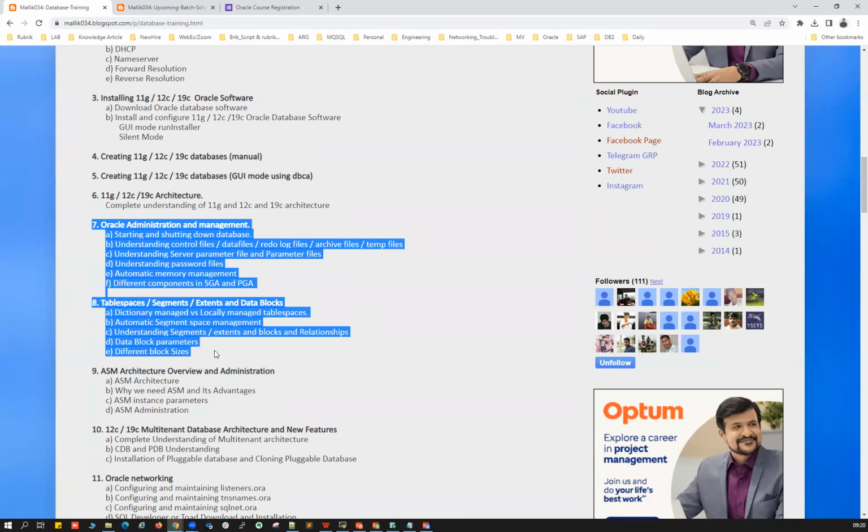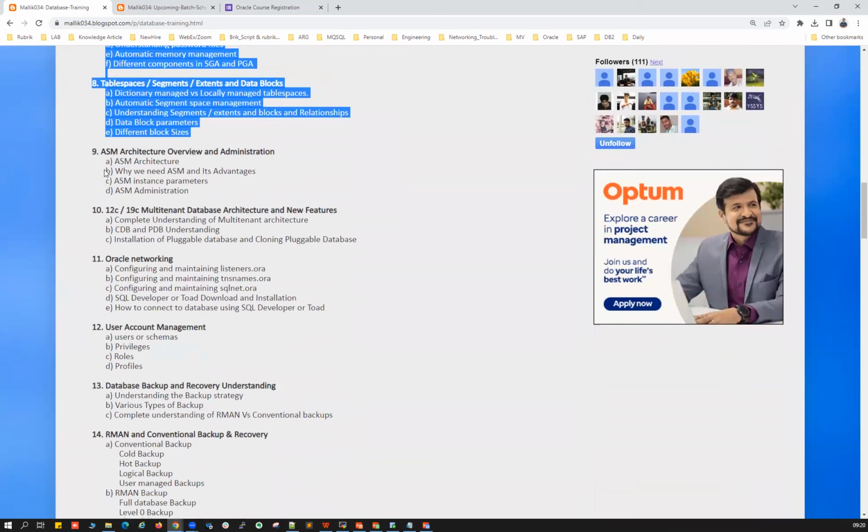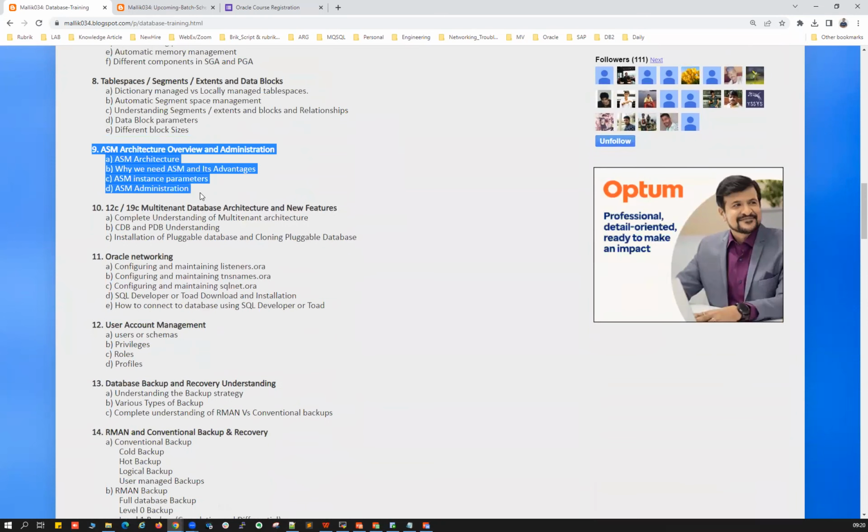We'll cover end-to-end managing your database instance, startup, shutdown, memory architecture, background architecture, your tablespaces, data files, extents, segments, blocks, how we're going to add data files, remove data files, manage your tablespaces, manage your storage, manage your users and privileges. So all the end-to-end database administration activities will be discussed over around 2 weeks. We're going to cover all these admin activities, followed by chapter number 9, which is purely on ASM architecture.